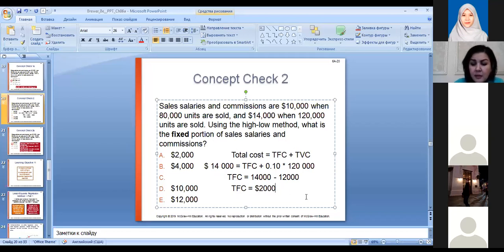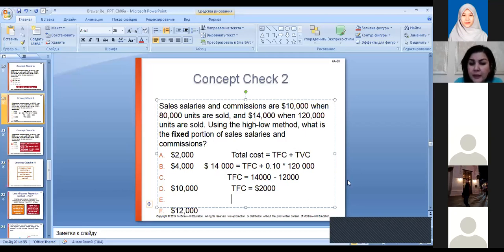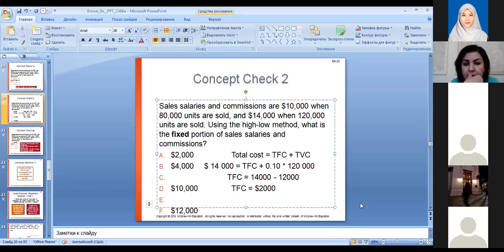Let's just do the same for the low level, and we will see if the fixed costs are the same. So let's take the low level. 10,000 was total cost for low level. And total fixed cost we don't know, plus